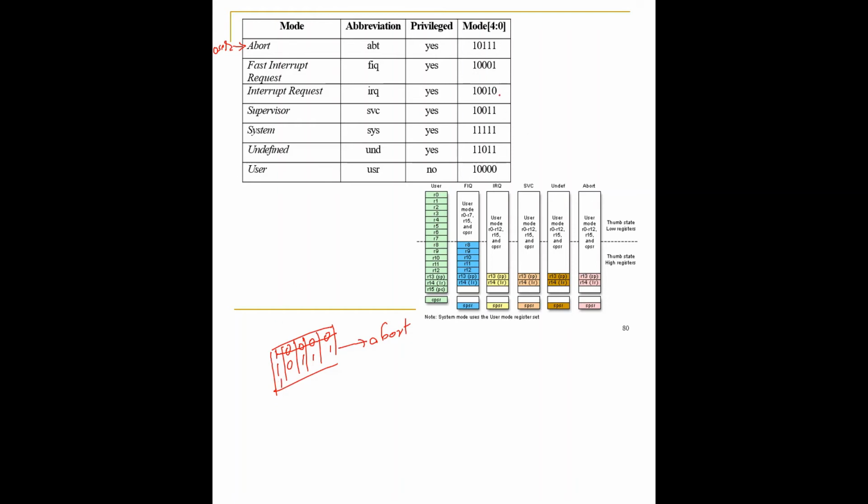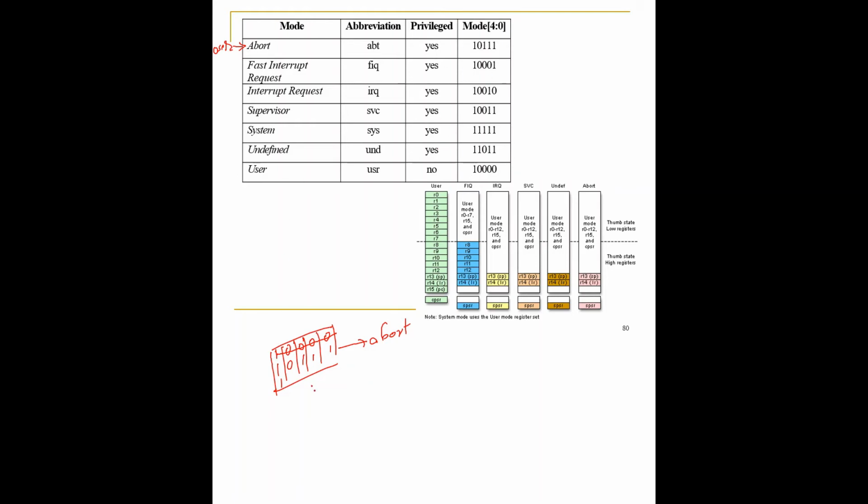10010. Suppose you are in the user mode and suddenly the power turns off, then the contents of the mode field will become 1011. Suppose it is a user mode and it has to go to system mode, it will become 1111. Suppose it is a user mode and suddenly an undefined instruction is encountered by the program, the contents of the mode will become 101111. Suppose it is in the undefined mode and it has to go to user mode, the contents will become 100. So this will be induced either by the interrupts or fast interrupts or by the way in which the program works, or you can change the contents using a program.